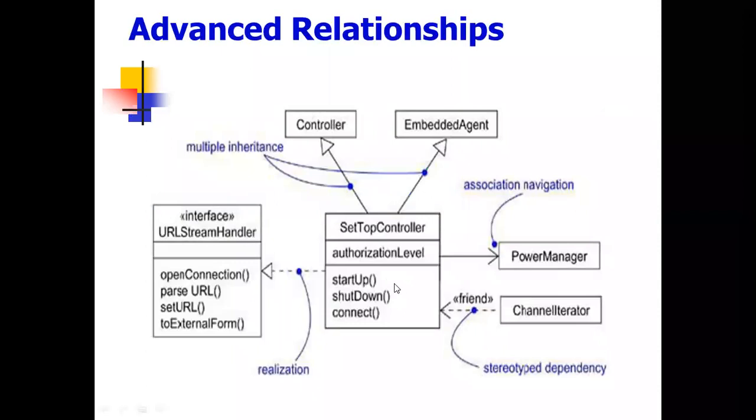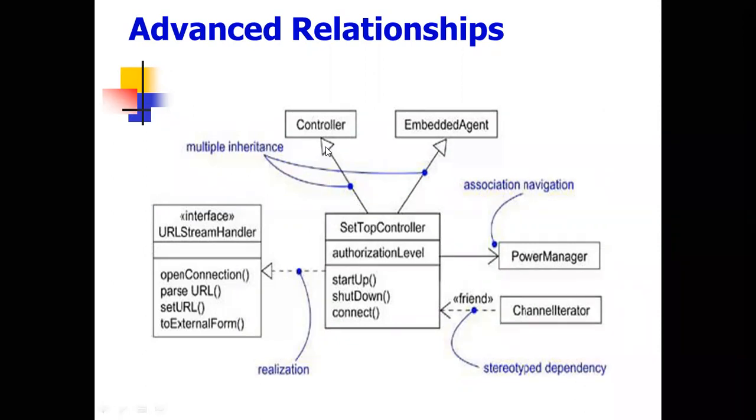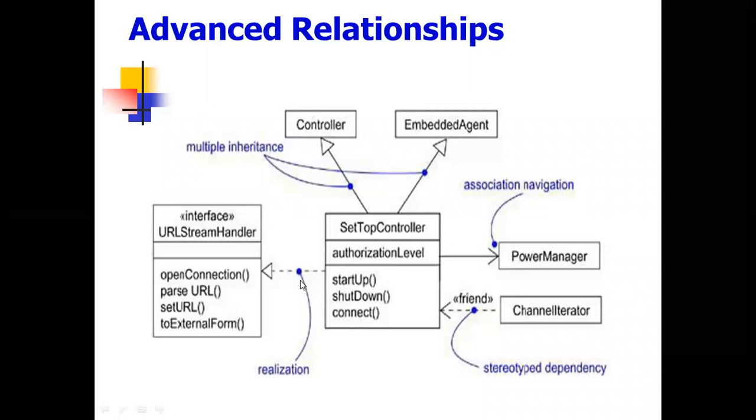Here you can see the examples. Inheritance means generalization of this class. How to declare the generalization? See the arrow. So this is the generalization. This is the aggregation, that is whole-part. Here you can see how to define that aggregation. Here you can see the association, how to give association between classes. Then this is the stereotype dependency. Here you can see that friend is the stereotype. How to give stereotypes? See the syntax. So this is the stereotype dependencies.